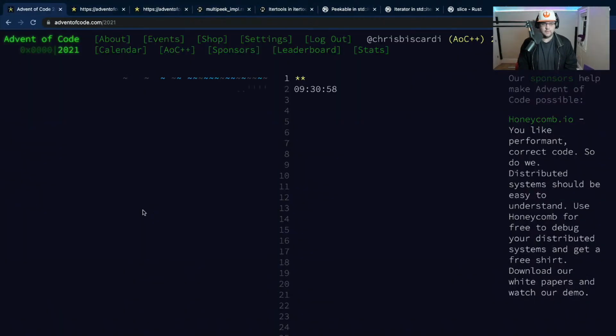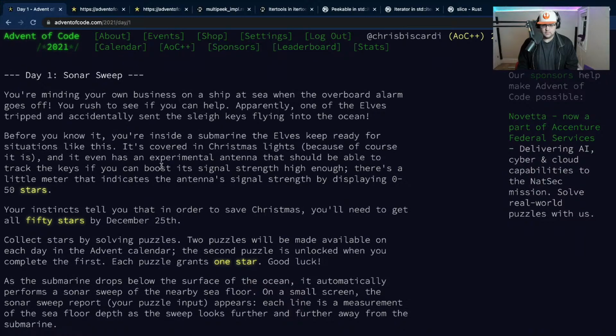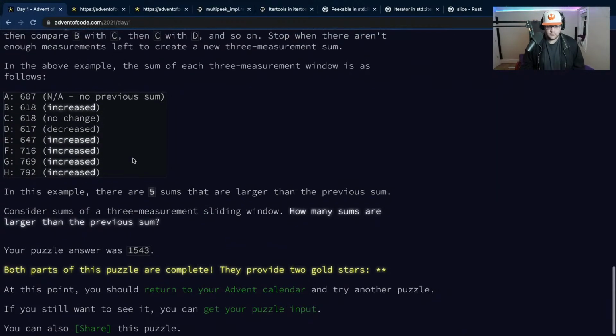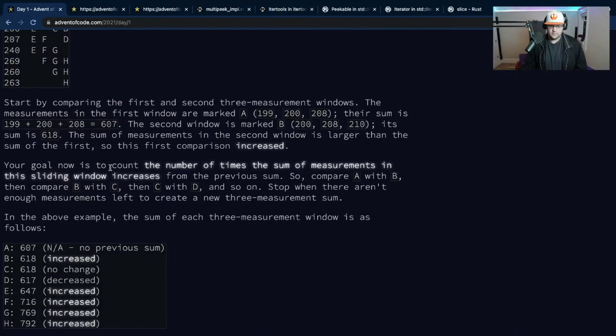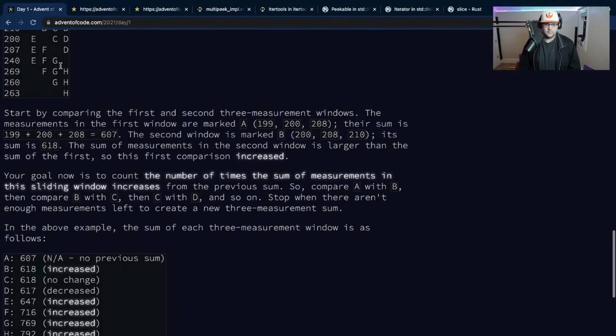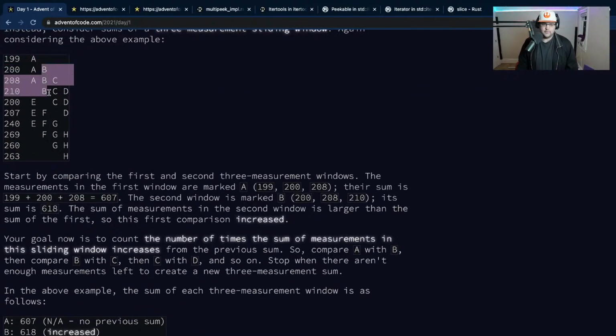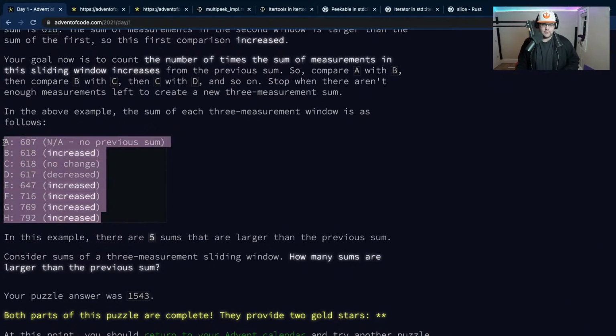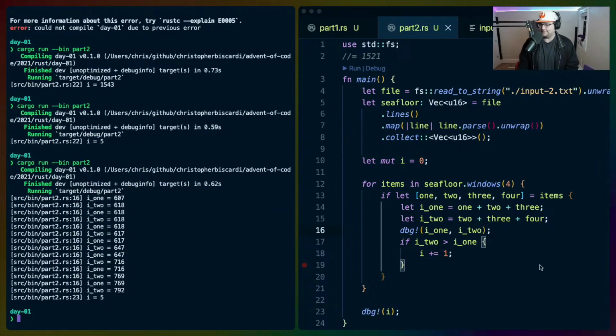Where's the problem here? Click back on 1. So 1, 2, 3, and 2, 3, 4, whole way down. And this is this. Oh, your puzzle answer was 1543. Why did I think it wasn't? No, we're good. Everything works. This is exactly what it's supposed to be.